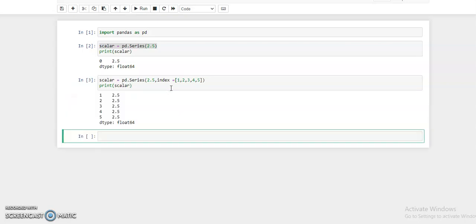Now shift plus enter, and you can see here the index 1 2 3 up to 5 and the values are 2.5, five times. Because a series is one dimension, created in one dimension form. And data is two dimension, as we have discussed in the last video.